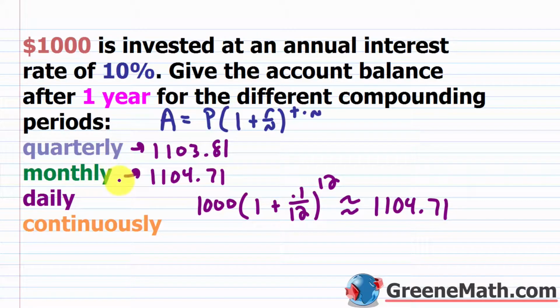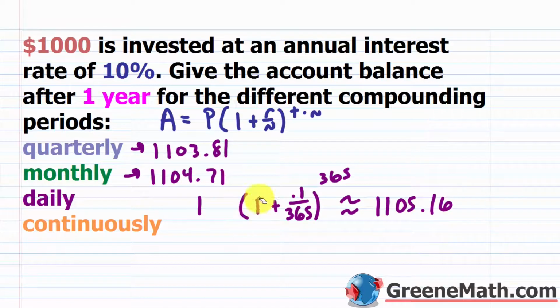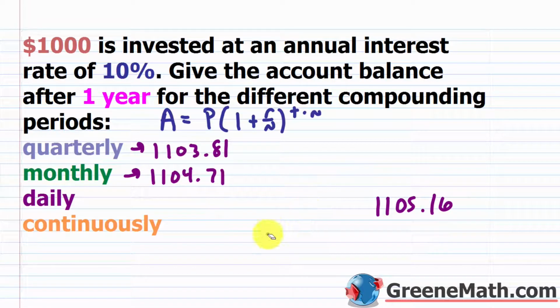Again, we increased the number of compounding periods from 4 to 12, and we saw that we ended up with more money at the end of the year. Now, if we go with daily, that would be 365 days for a normal year. If it was a leap year, it would be 366. So in this case, if you punch that up on a calculator and round, you get about $1,105.16. So let's erase this formula. We don't need it anymore. So we have this,